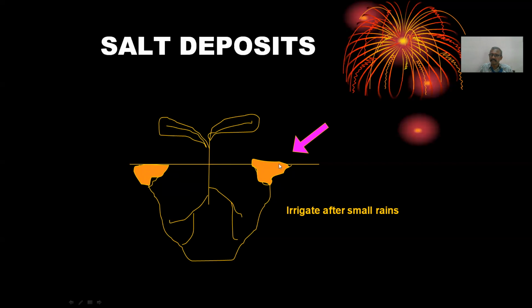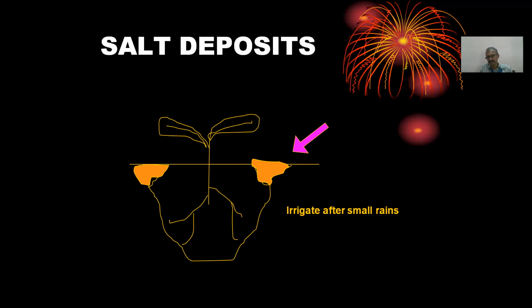So this does not affect your root zone. The location of the salt deposits is away from the root zone, and this is what makes drip irrigation unique